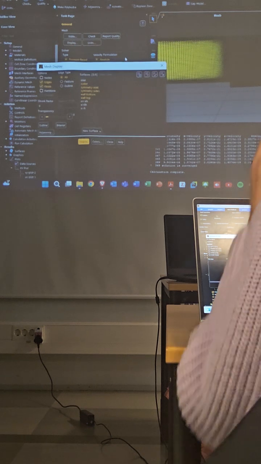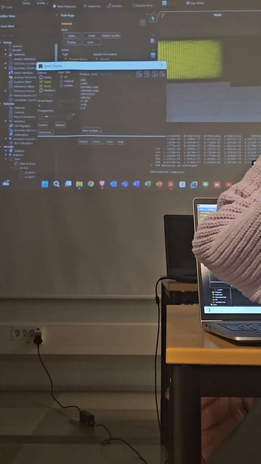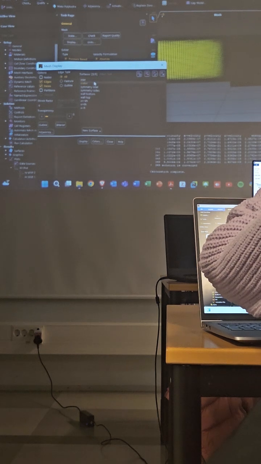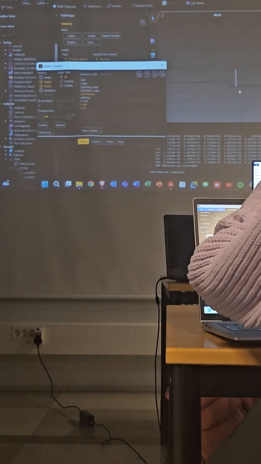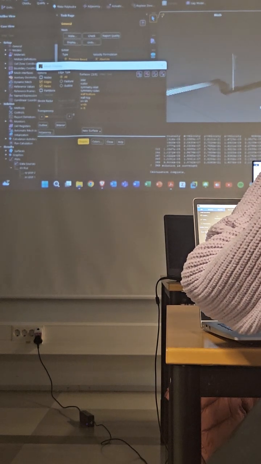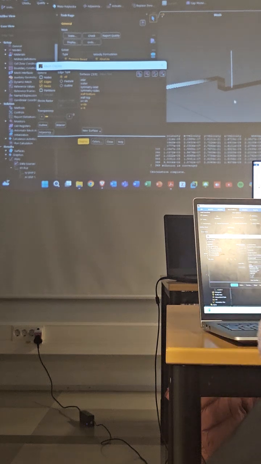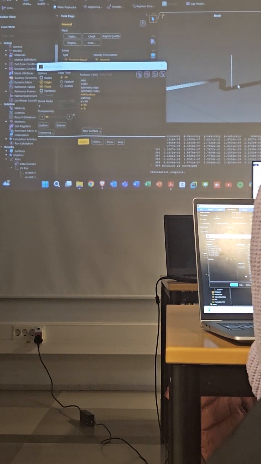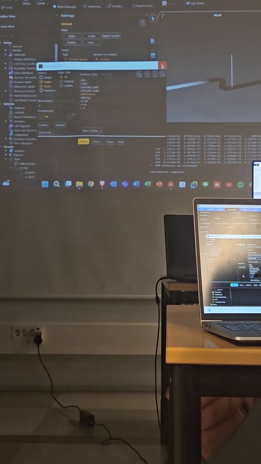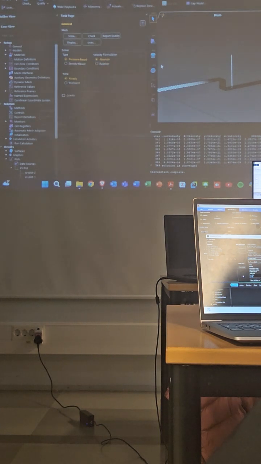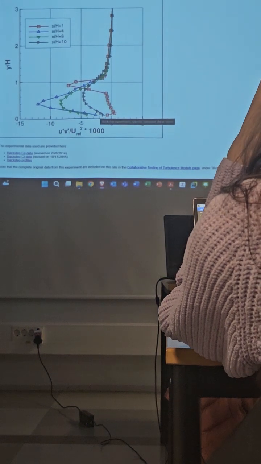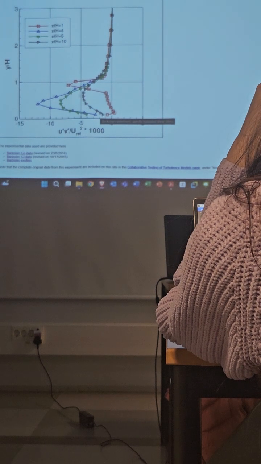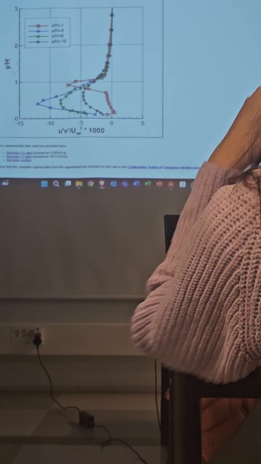To check that the lines you created are correct, you can go in the display, in the general tab. For example, you can plot the wall at the bottom and these two lines. So you should get something like this. So you see that now we have two perpendicular lines downstream of the step, where we can plot the velocity and the Reynolds stress profiles. Again, if you want to compare the same chart with this website, you need to calculate y over h,